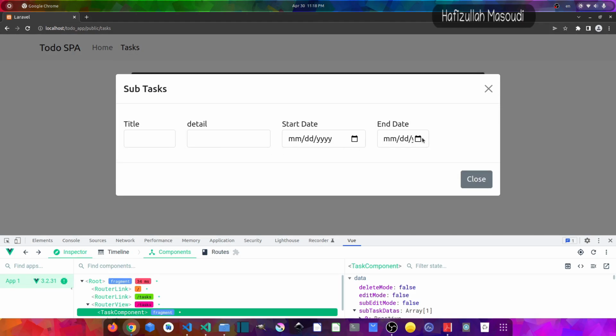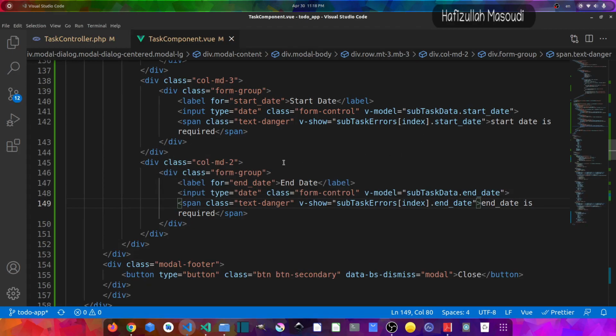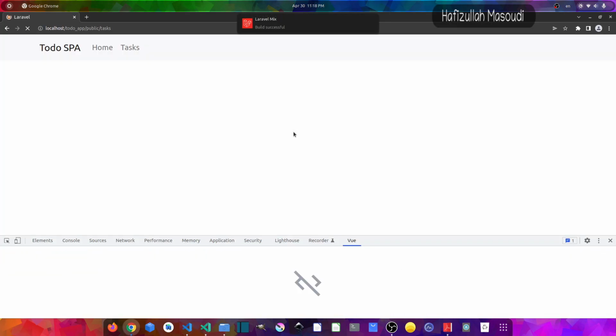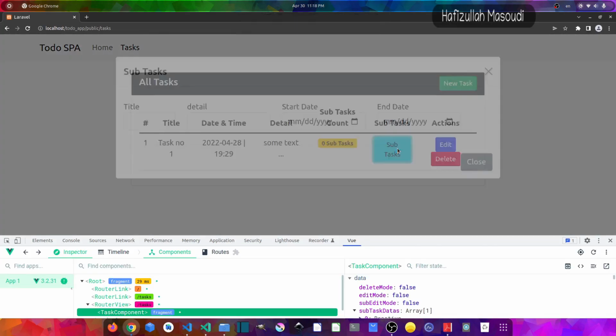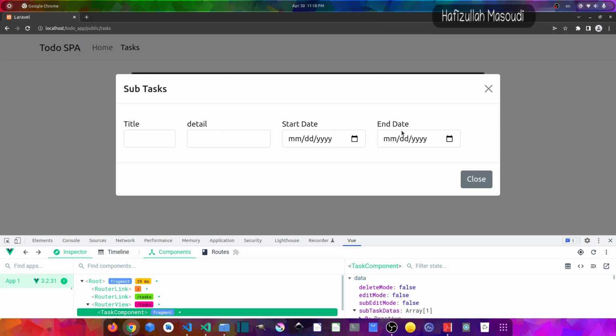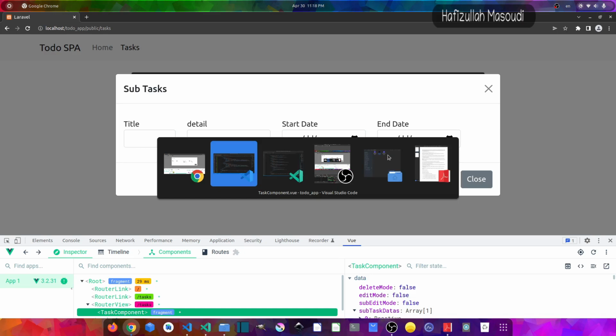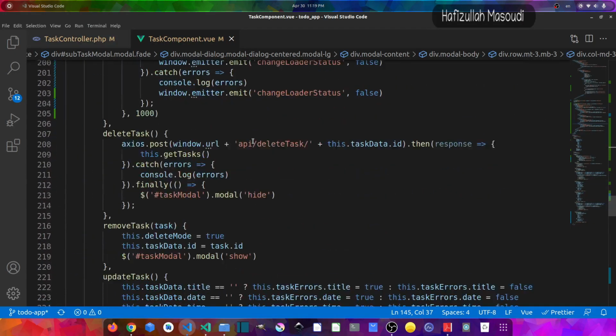Well, this one should be called md3, so let's get back to the text editor and make this call md3, and let's refresh. Yeah, it looks much better. Well, to show you how this for loop works, if I get back to the text editor and scroll down,